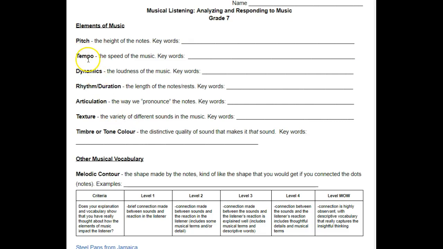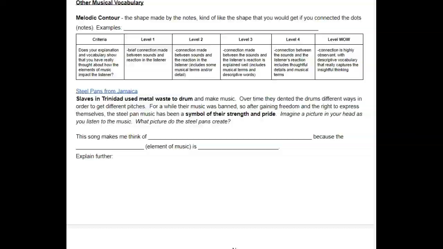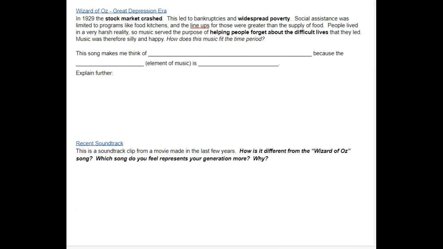The tempo is, well, it kind of fits with the rhythm. The rhythm has a strong pulse to it, but it does have enough energy to it to achieve that aggressive feel. So if we take some of those ideas back to the question, how is it different from The Wizard of Oz? Well, you've got the broadness and the pitch. You've got a lot of deeper sounds. You've got much harsher articulation. You've also got some tone colors that are very distinctive of this generation as opposed to other generations.